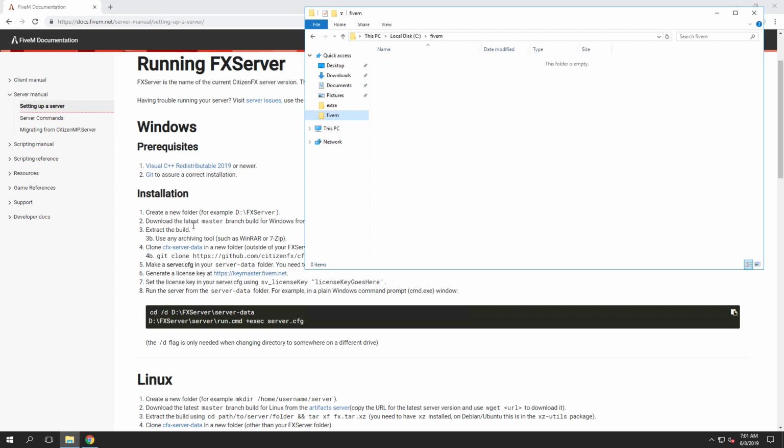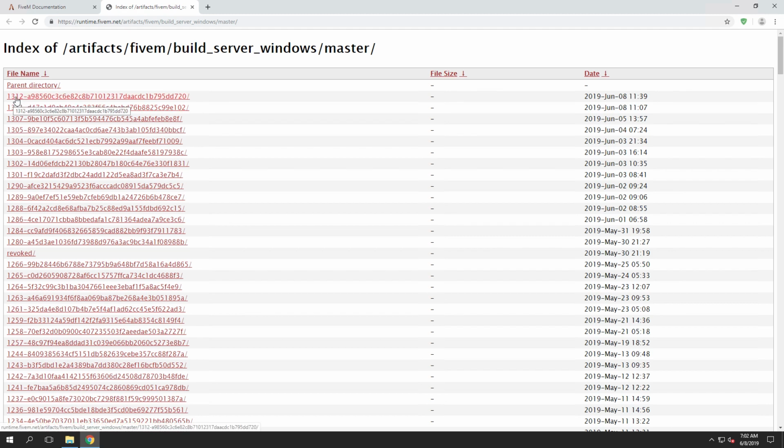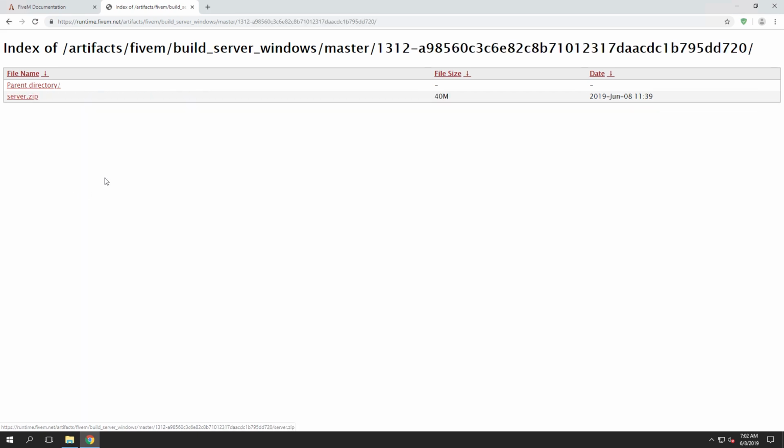And it's going to tell me that I need to download the latest artifacts for Windows, and we'll open that in a new tab, and you can see that the latest is 1312. So if you click on that latest, you'll see you get a zip. So we're going to go ahead and download that server zip, and then we are going to open it,